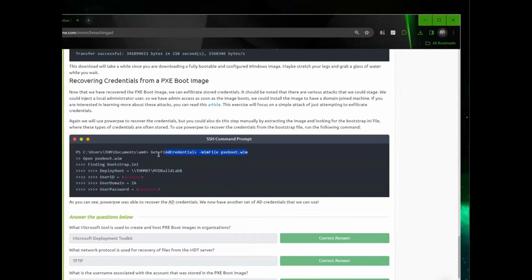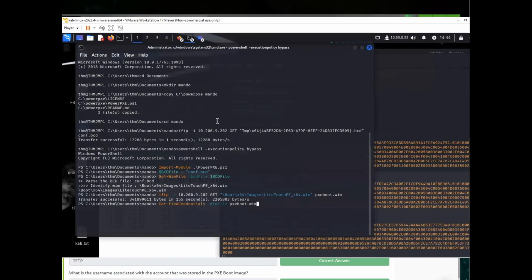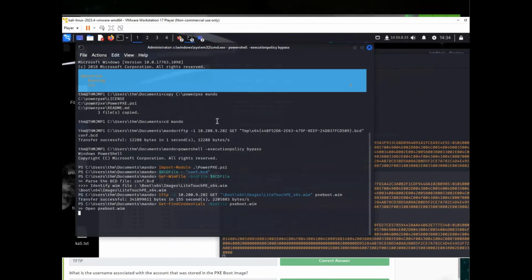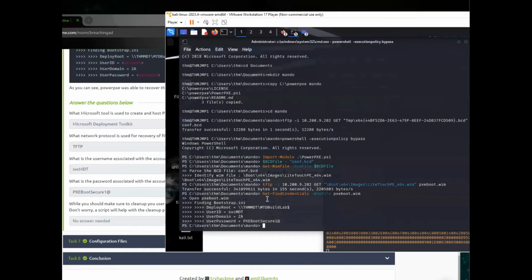All right, so let's go ahead and grab those credentials. Oh, no, that's not what we wanted. Credentials. Okay, so we're running get find credentials on this file. Open your Pixie boot, it's running. Well, let's run, I'll come back over here. All right, and looking here, we got the credentials for the user right there, right? And we've got the